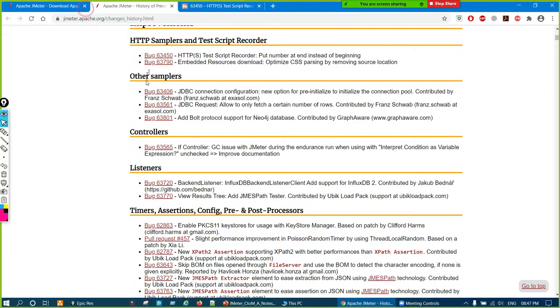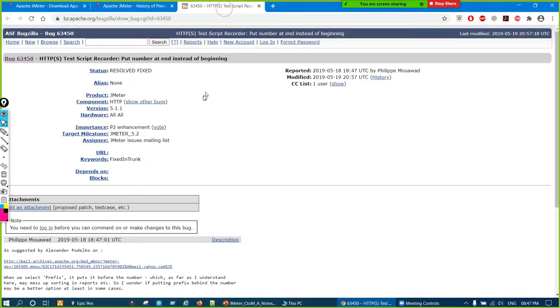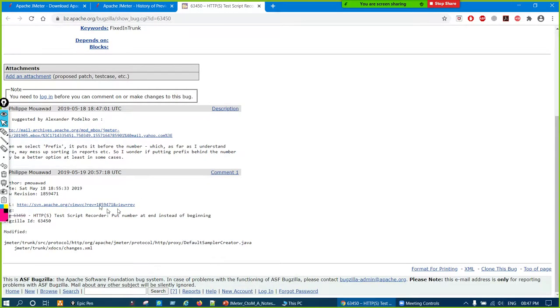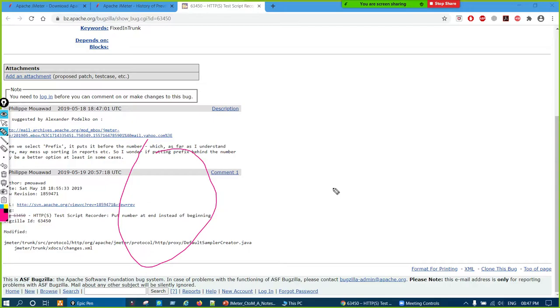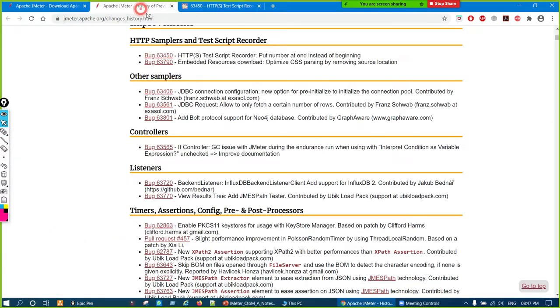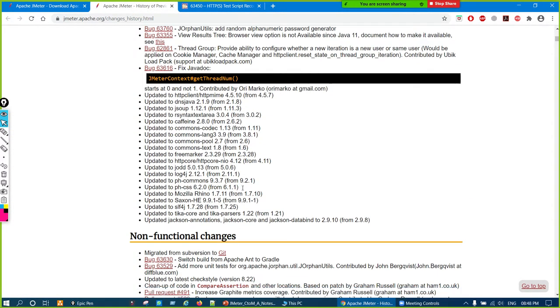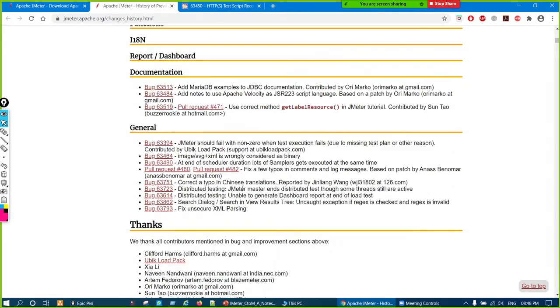Let us say this is 5.2 and the bug version they have given. Currently I clicked on 63450. So this was the bug, and this is the Bugzilla entry, and if it is fixed, all information will be given, like how it goes in our company infrastructure, the same pattern. In 5.2, a few people helped in enhancing JMeter.